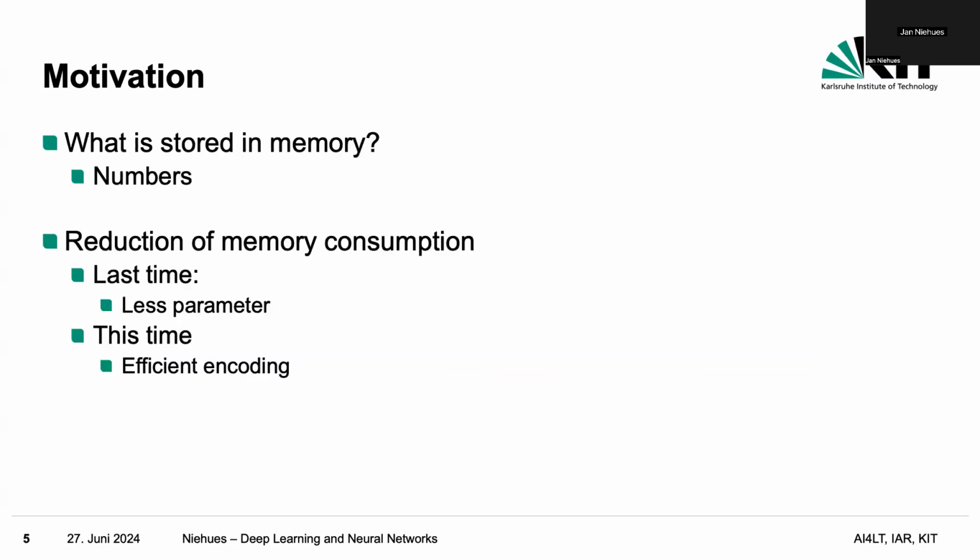model. So what is stored in memory? So why is it so high? I mean, we discussed that a bit. You have to store all these numbers. So all the weights, all the activations have to be stored in there, especially the weights have to be stored forever. And last time, if we have to reduce, the first idea is if we don't have enough space, okay, can we do with fewer numbers? So there was knowledge distillation. Can we build smaller models